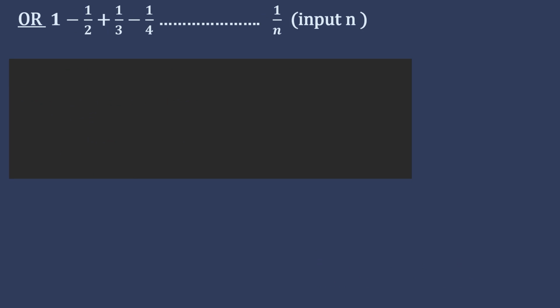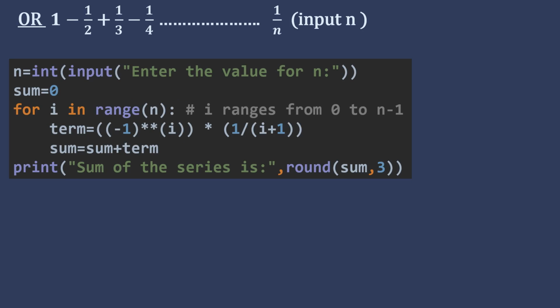Now the same program can be done in a little different way. We can just check how to do this. So same thing, first of all, you have to take the value of n. Now sum is initialized with 0. For i in range n, here we are taking the range as 0 to n. Earlier we used to take i in range 1 to n plus 1, but here i will range from 0 to n minus 1. Now term is a variable which will store minus 1 to the power i into 1